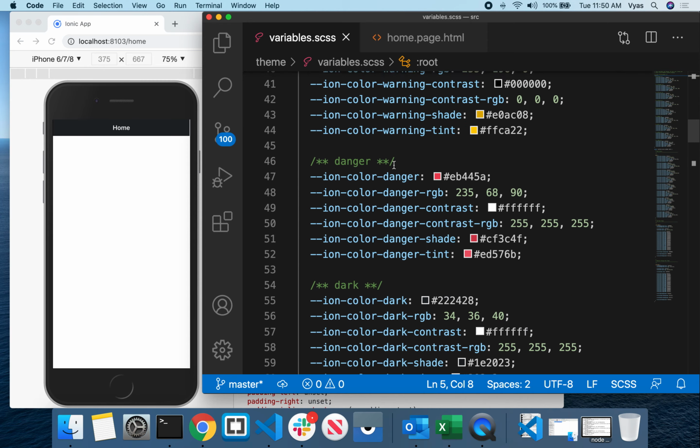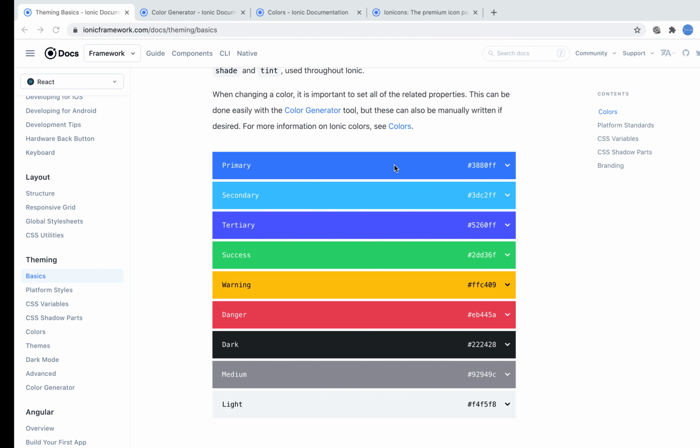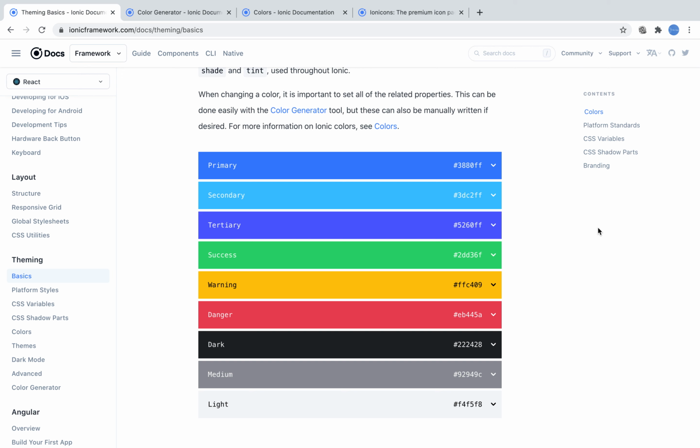These are already predefined themes. Now I want to define my own theme color.